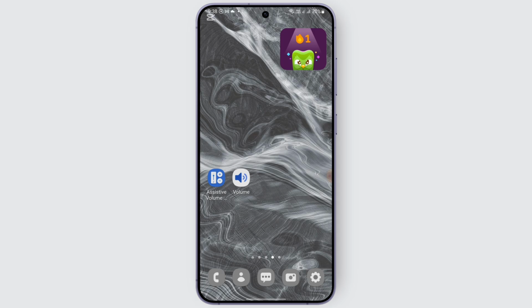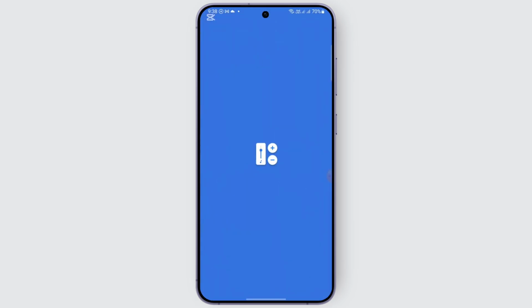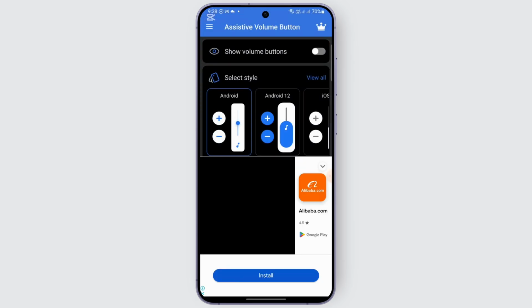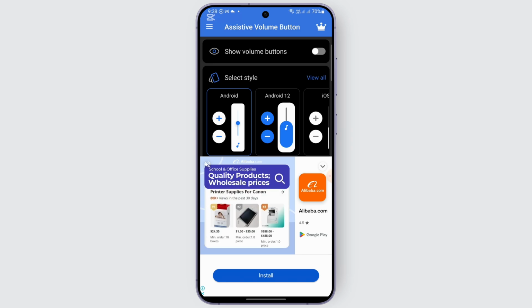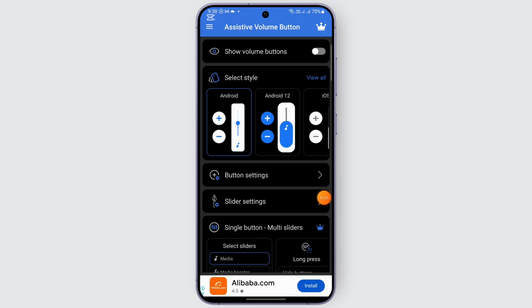So Volume is an application where, when you click on this app, you can automatically find this volume option. You may just adjust it accordingly if you want. But if you want a permanent option on your screen with a volume button, what you can do is simply click on this Assistive Volume button, which is easily available on the Play Store, as I said before. And here you just need to tap on this toggle option,